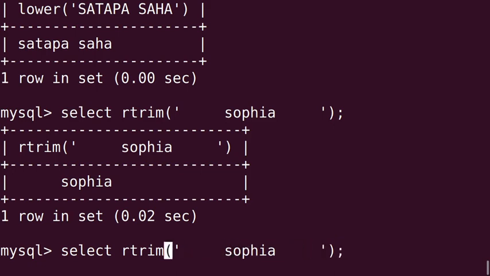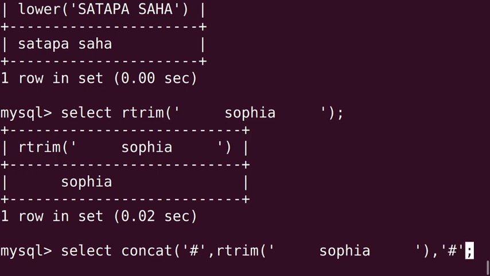Suppose here we are writing select concat, give a bracket, within quotation one symbol you can take, that is hash, then second means this is the whole string, comma, at the end also the same symbol you can use, that is the third string.